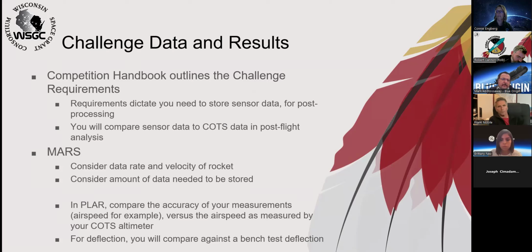And then what's going to happen after launch weekend in your post-launch assessment report, you're going to compare the accuracy of your measurements, your challenge sensor measurements, say airspeed, for example, versus the airspeed as measured by your COTS altimeter. So all four other data parameters are usually measured by a standard COTS altimeter,